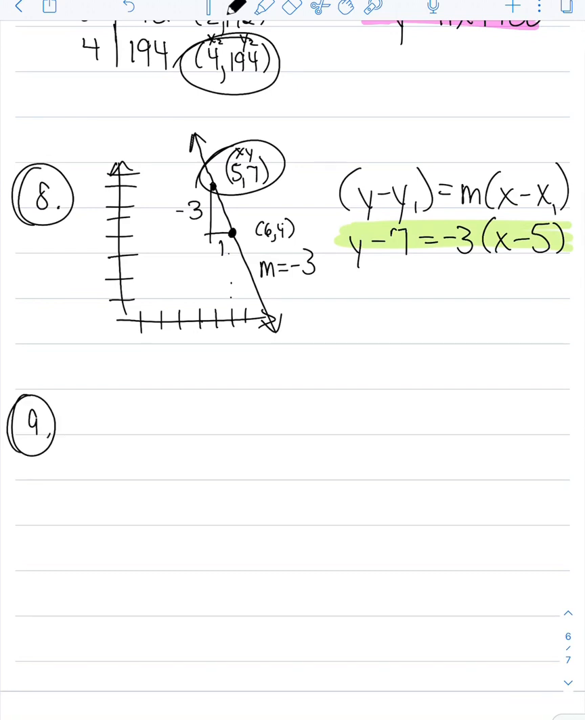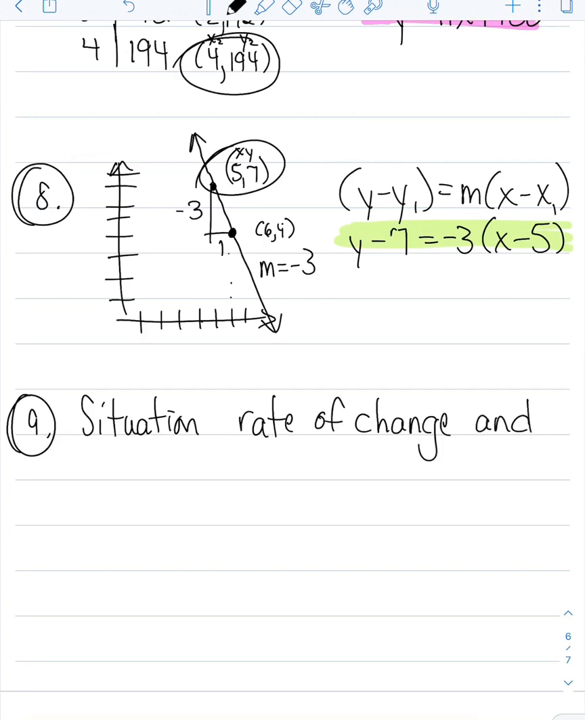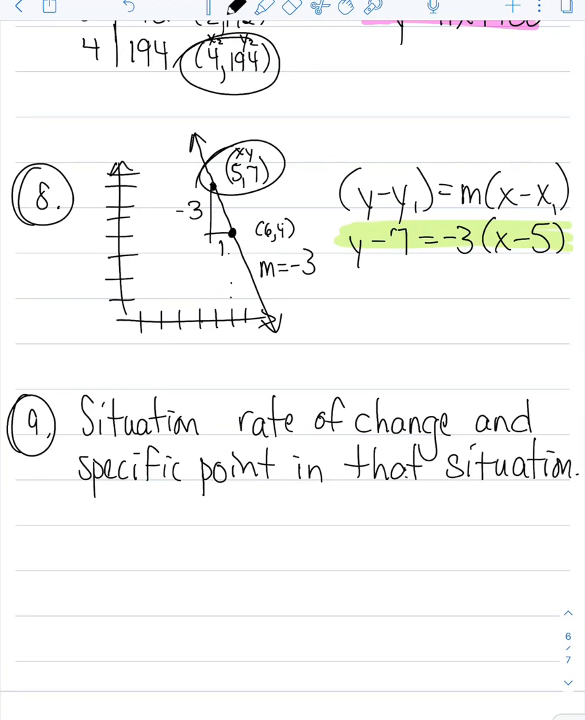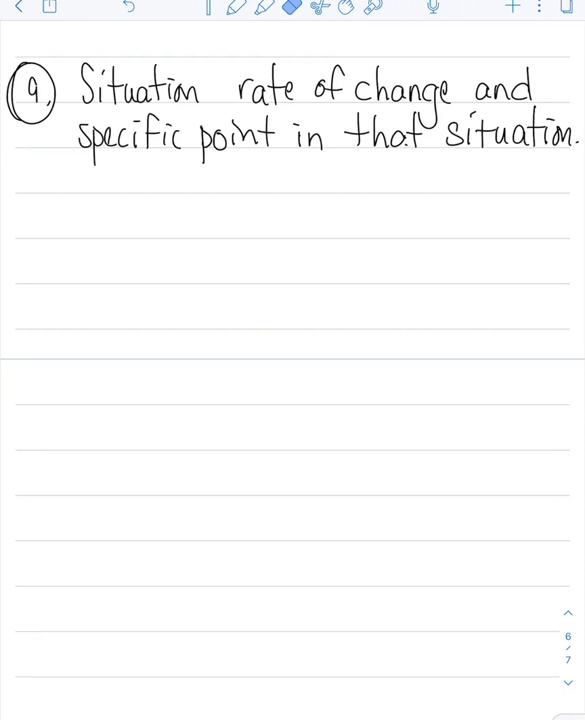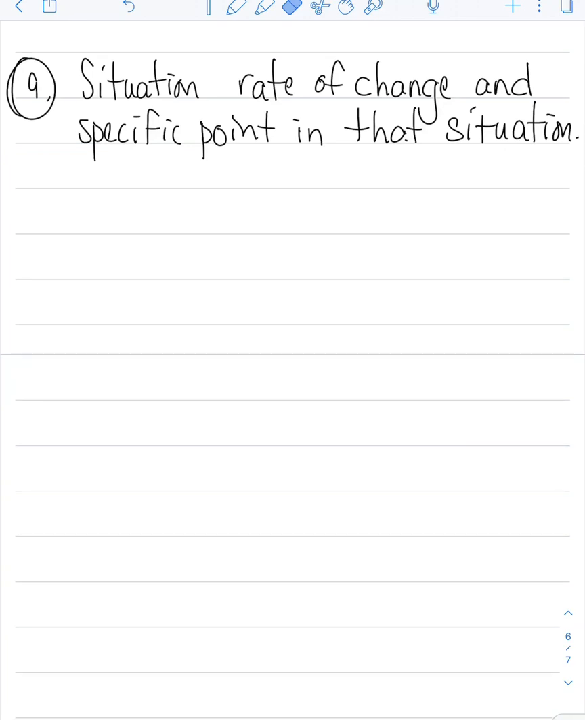And then our last example, let's say we have an actual situation. In a situation, they will give you the rate of change. So let's write that down. In a situation, they'll give you the rate of change, or the rate, that's our slope, and a specific point in that situation. So let's take a look at what this may look like. A yearbook company, if you'll write this in your notes,